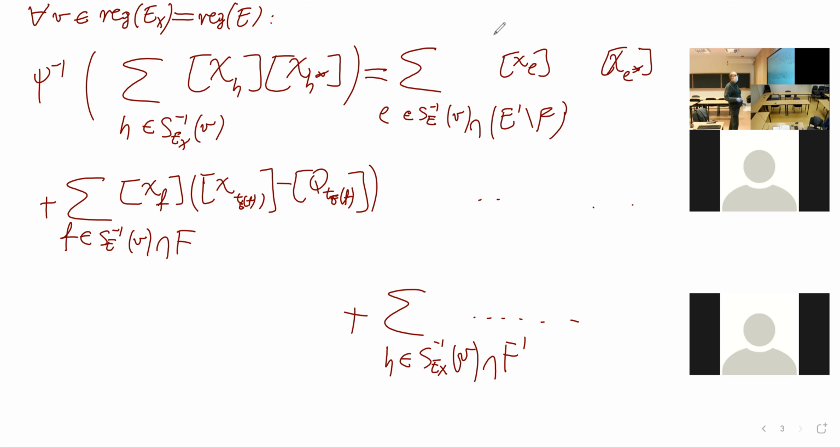So this is the result of psi inverse applied to the first term. And now we have a second term, which, we should remember, involves star. So this means that we first write